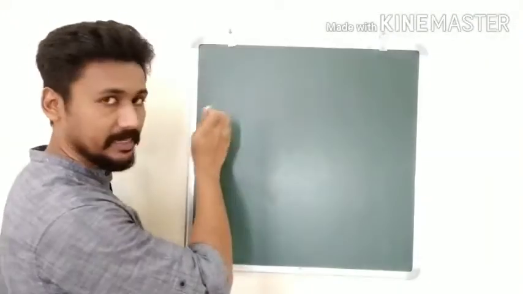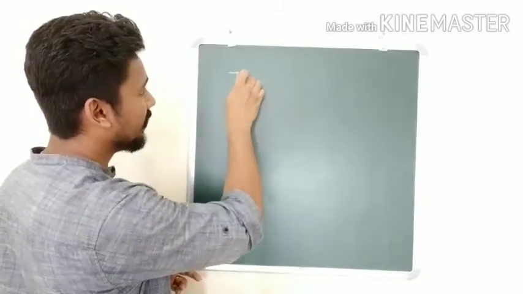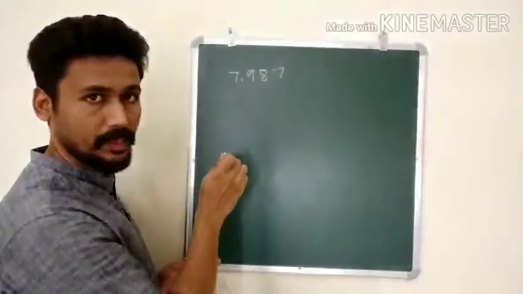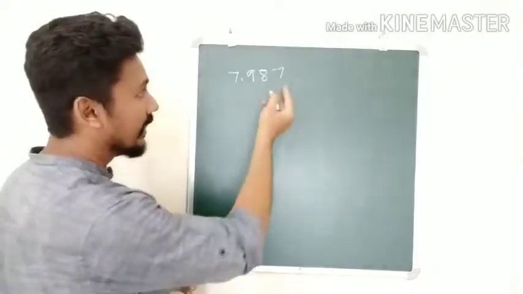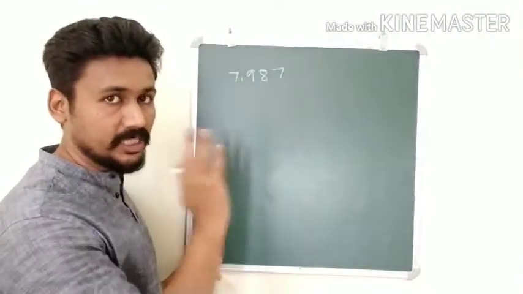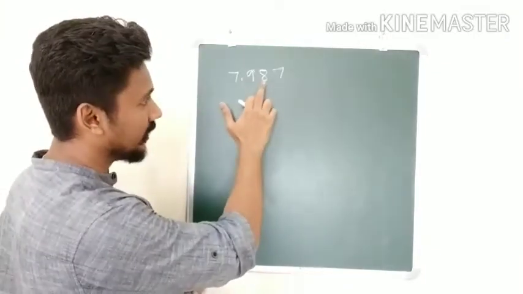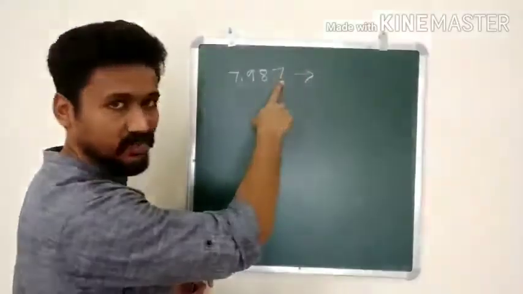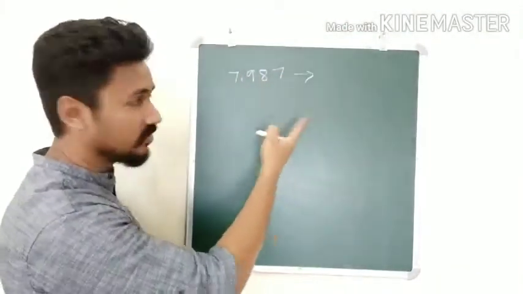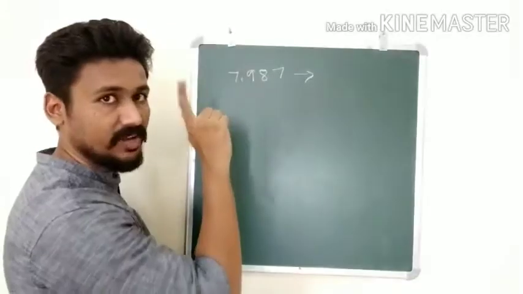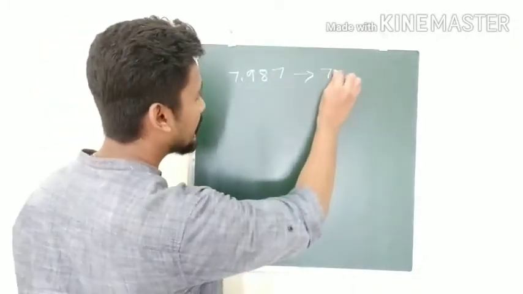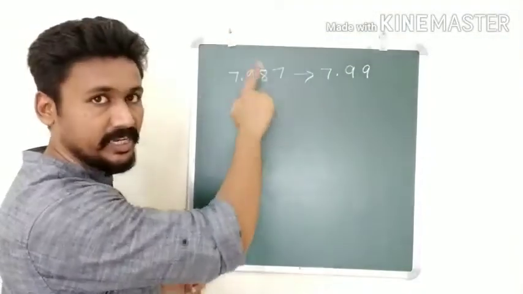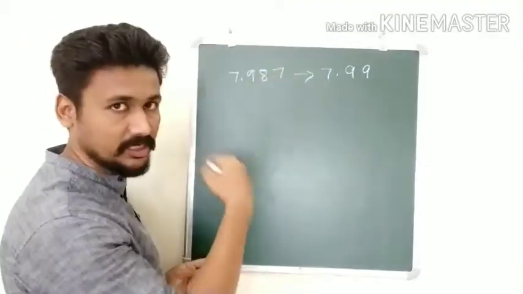Let us say we have a measurement that goes 7.987. Okay, this is the reading that we have measured. Let us say we want to round off only to 3 significant figures, so 1, 2 and 3, the 4th digit has to be rounded off. So what we will do, we will look at that figure. It is 7, it is more than 5. So to this 3rd digit, we will add 1. So the reading will become 7.99. Okay, what we did, 3rd digit we increased by 1 because the 4th digit was more than 5.